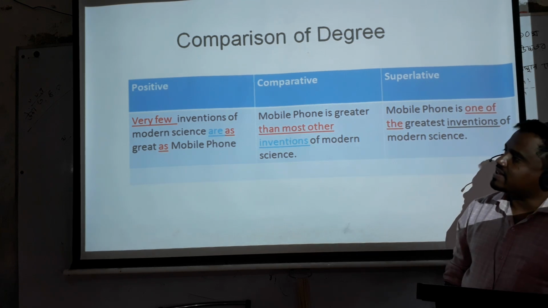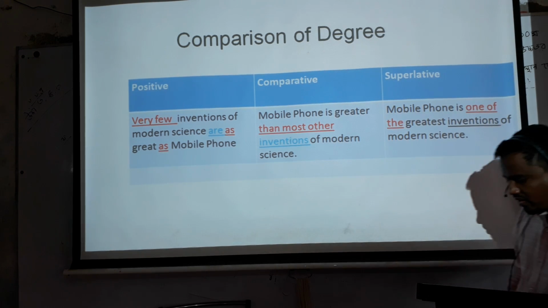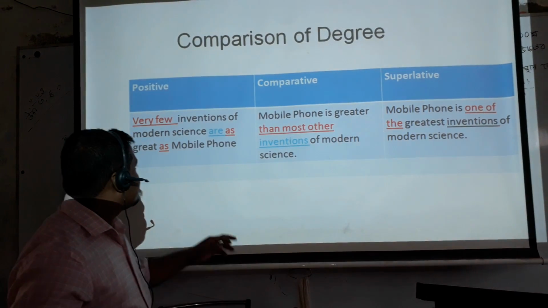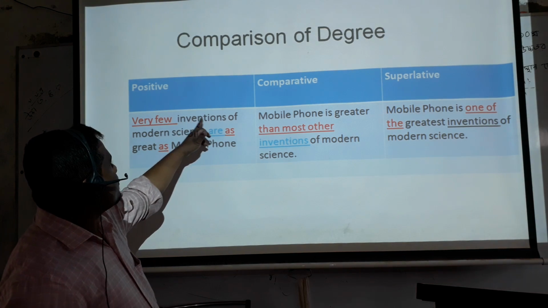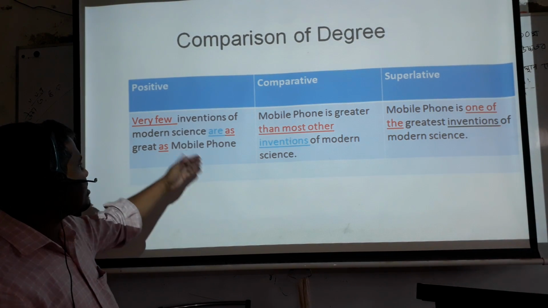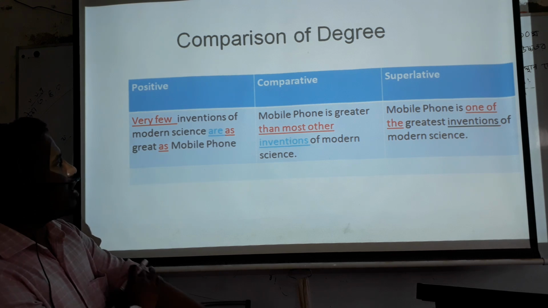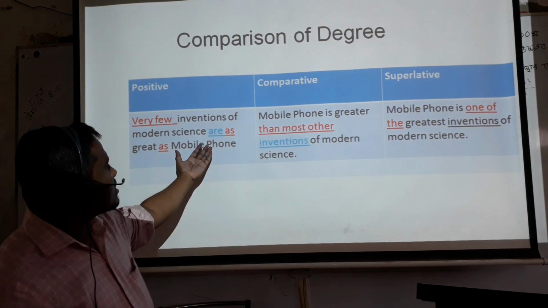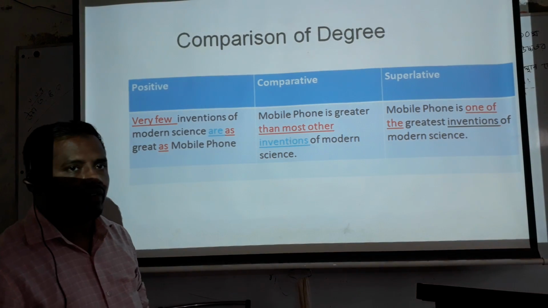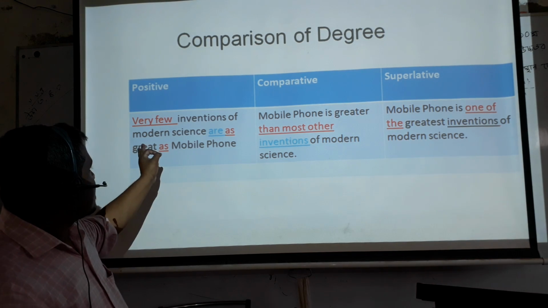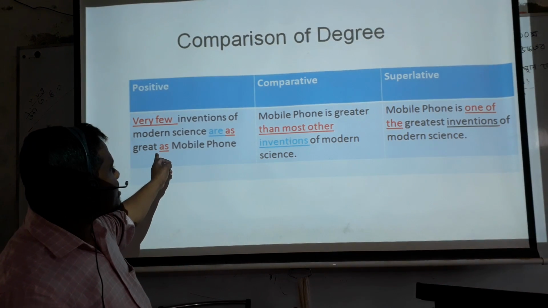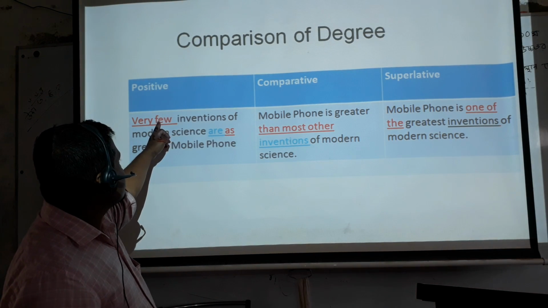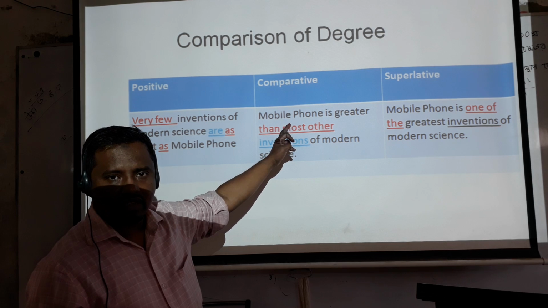Now look at the second sentence, very few. If the positive sentence begins with the words very few, then very few inventions of modern science are as great as mobile phone. Then we have to transform this sentence into comparative in this way. At first we will write the last subject here, mobile phone, then the verb is, the comparative form of great is greater. Then in place of very few we have to use than most other, and